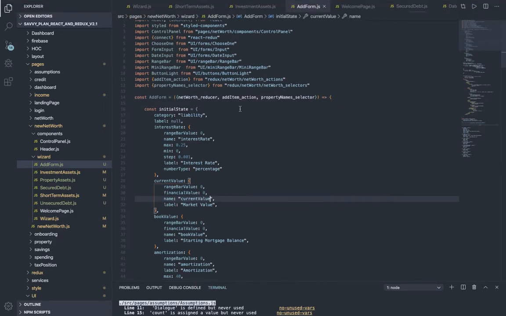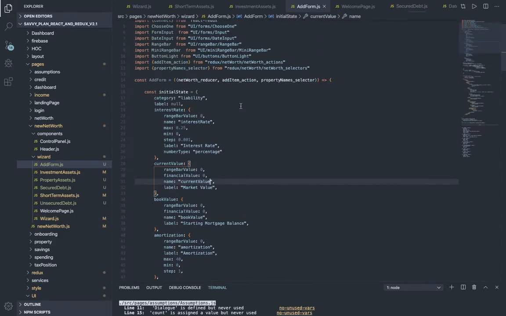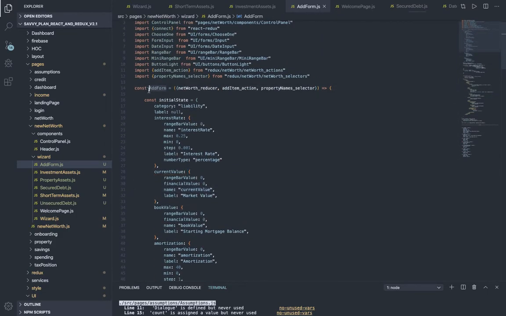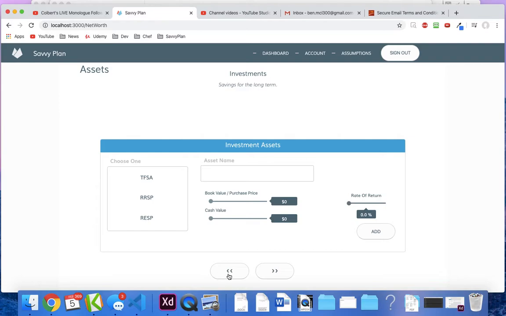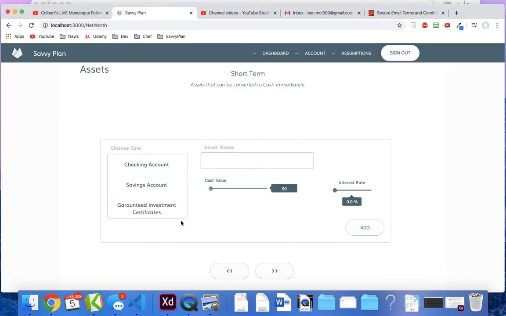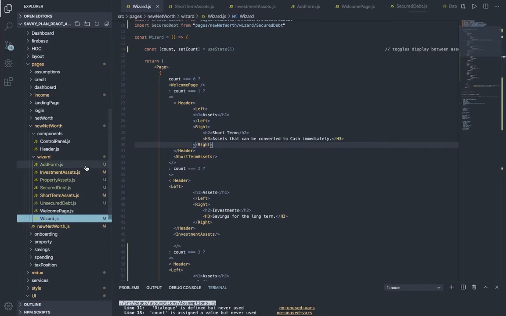Okay, and then basically what we're going to be doing is taking this form. So I'm going to copy this. Now I'm going to replace the first instance that I have. So if we go in here, we see this sort of uglier one. This is our first one that we built that didn't have the colors. It's actually not too ugly. It's just a little too bland without any colors. So we'll be replacing this one with our add form and then kind of go from there, see how it